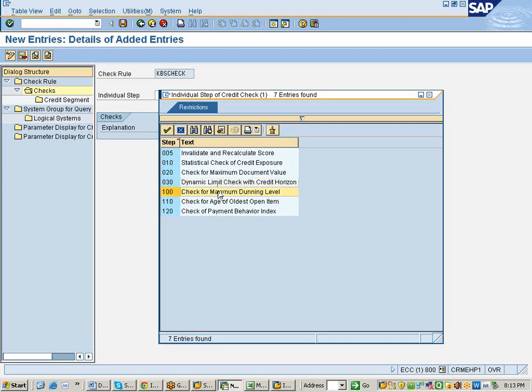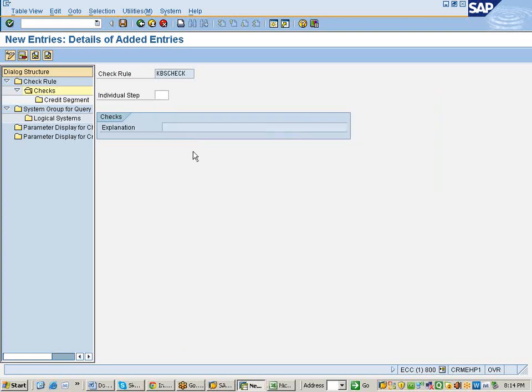Then maximum dunning level. That means if you are taking an existing business partner, then it is treated as dunning. That means if you send any dunning notices to the customer, that is also calculated for existing customers only. And age of oldest open items. In this case also, the system will check the back dated value of the existing invoice of the customer and it will update it. Same in the case of payment behavior also, how the customer made the payment on the previous invoice, that also will be updated. So what we need to do here in this point is assign each and every value,